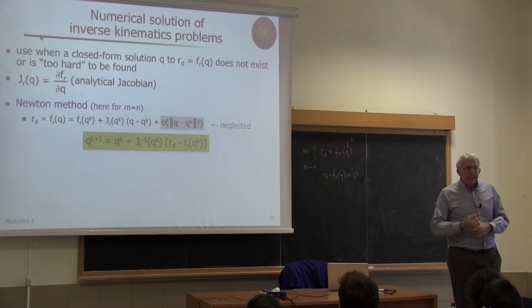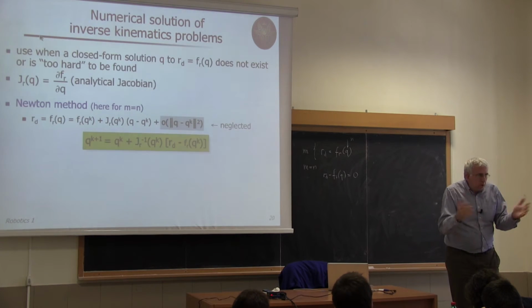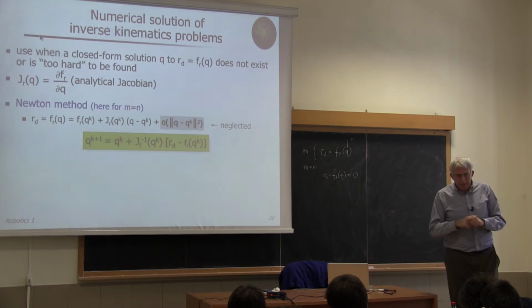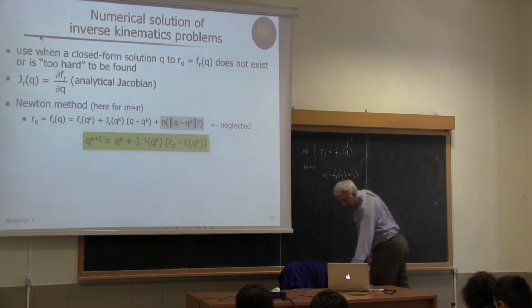Then you repeat until the error goes to 0, hopefully, or goes below some final accuracy value that you have chosen in advance. This is the Newton method. Now,